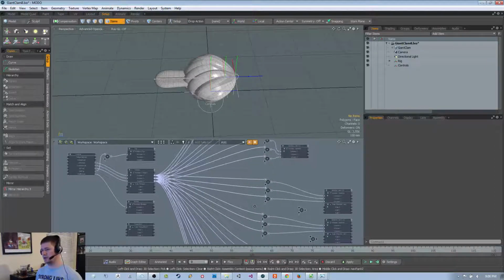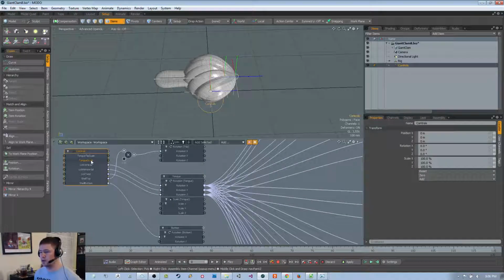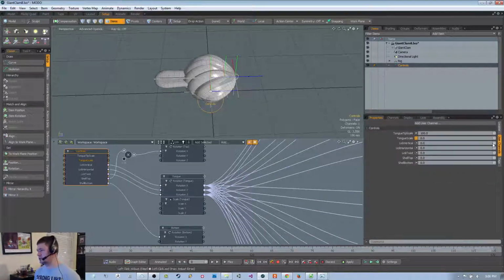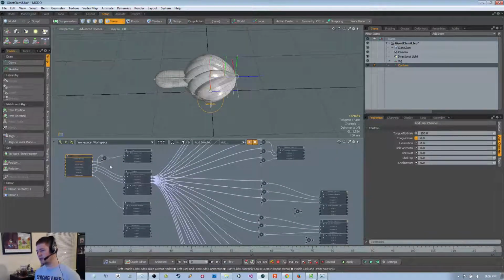Well, I think, yeah. So where is the tongue scale? I'm going to check this user channel real quick because I don't want this one to be screwed up just like the other one was. Tongue scale default value 0. There are no minimum, no maximum. But if I go drag this into, say, here,